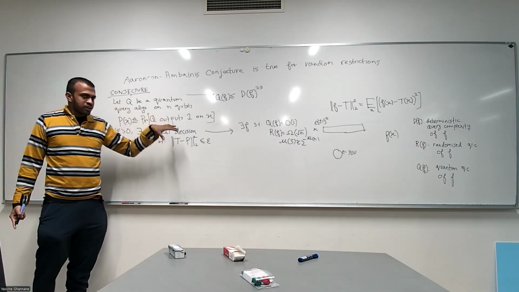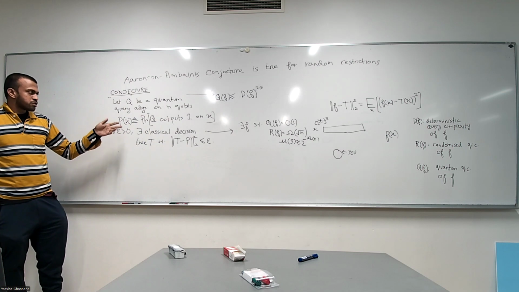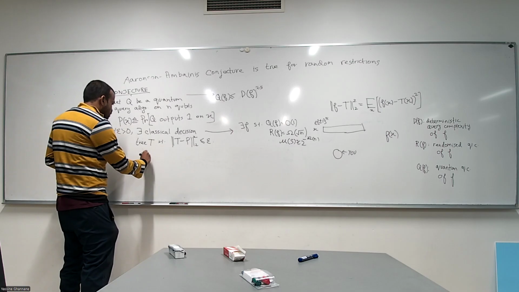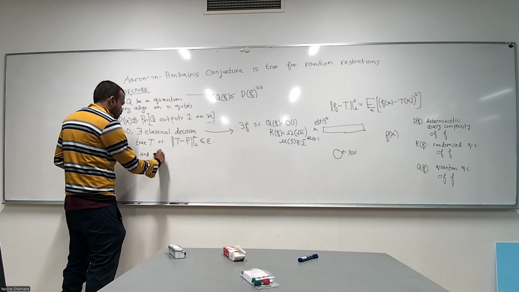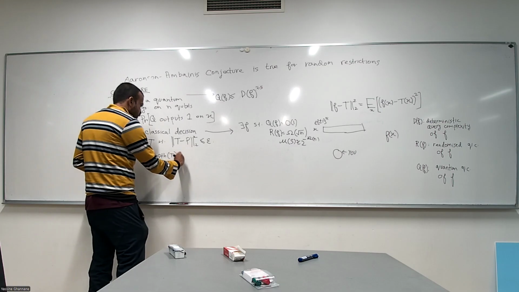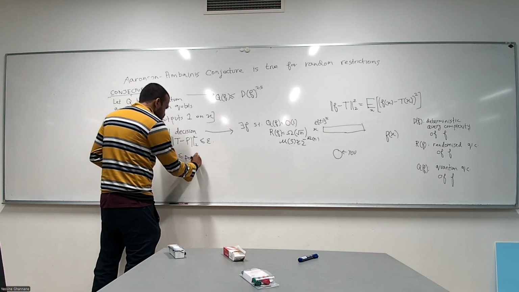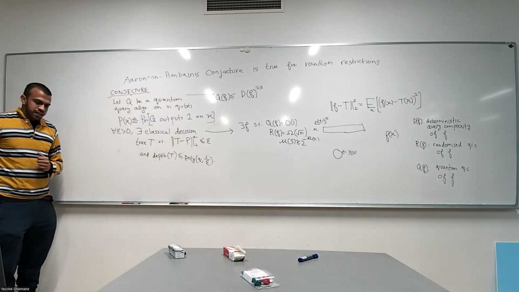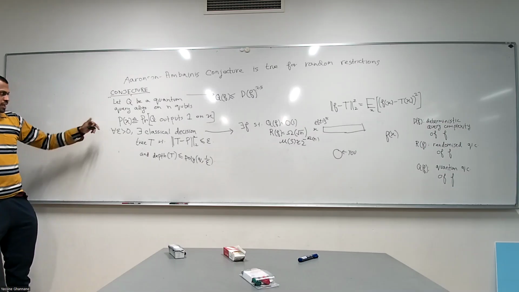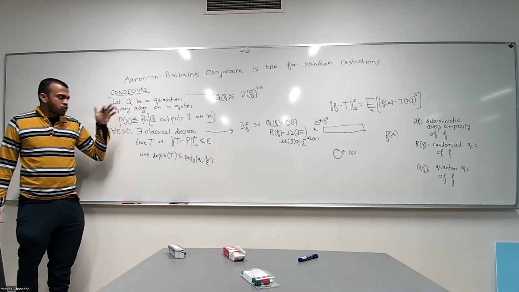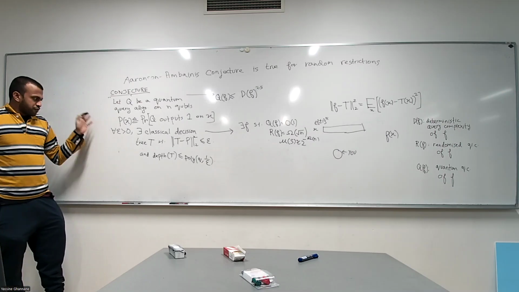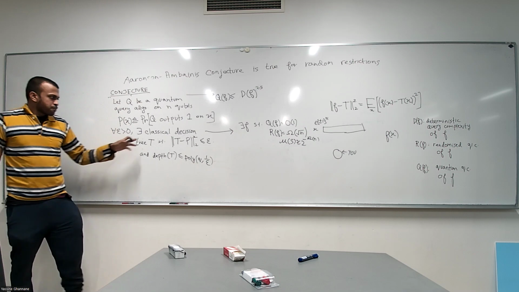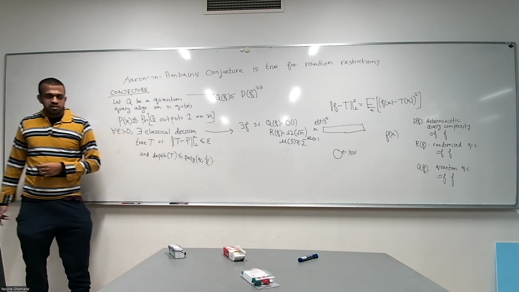Let Q be a quantum query algorithm that makes at most Q queries, and operates on n qubits. For every x, define this function P of x, the probability that Q outputs 1 on x. Then for any epsilon greater than 0, you can find a classical decision tree which approximates P in the L2 norm up to error epsilon.